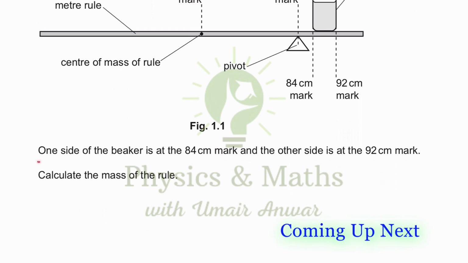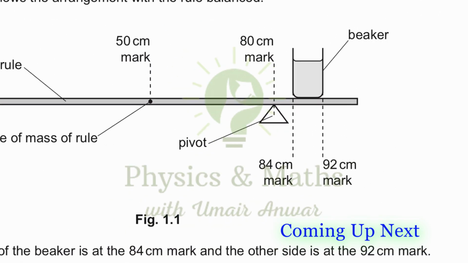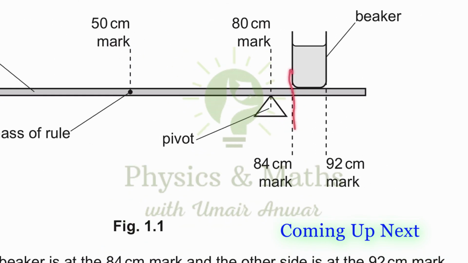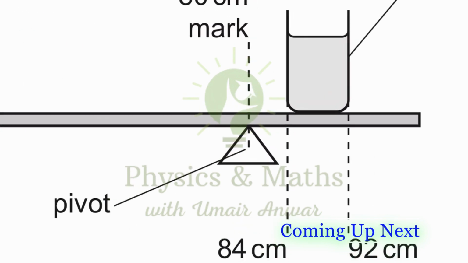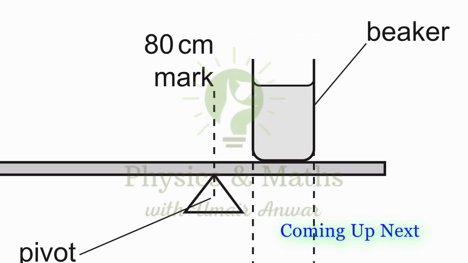One side of the beaker is at the 84 centimeter mark and the other side is at the 92 centimeter mark. So this is the side of the beaker which is at the 84 centimeter mark, and this is the other side of the beaker which is at the 92 centimeter mark. So it goes on to tell us that the width of this beaker must be